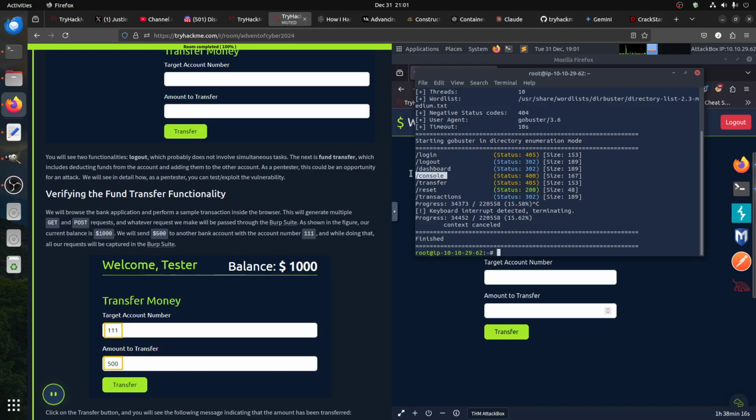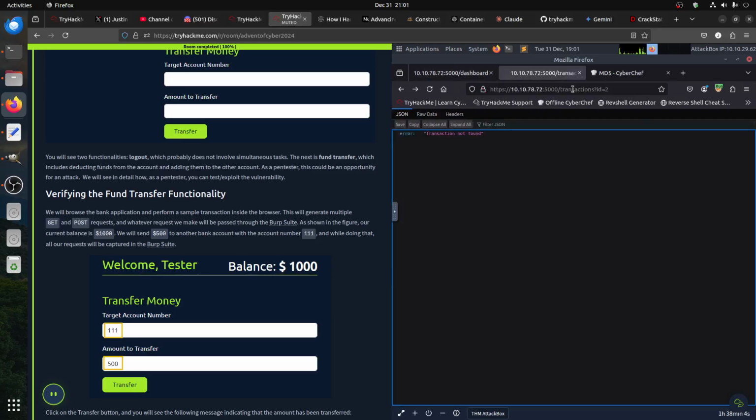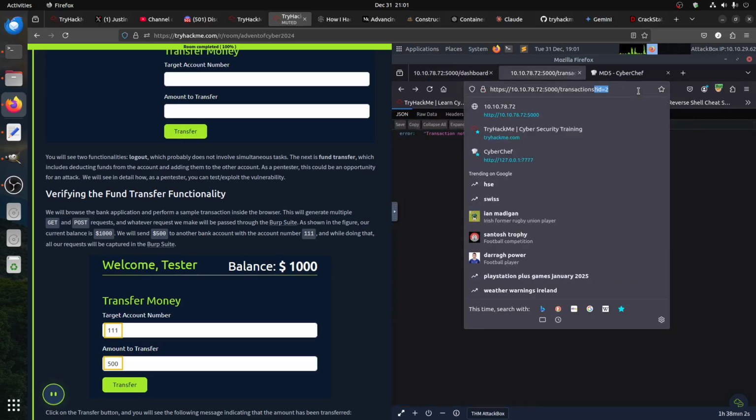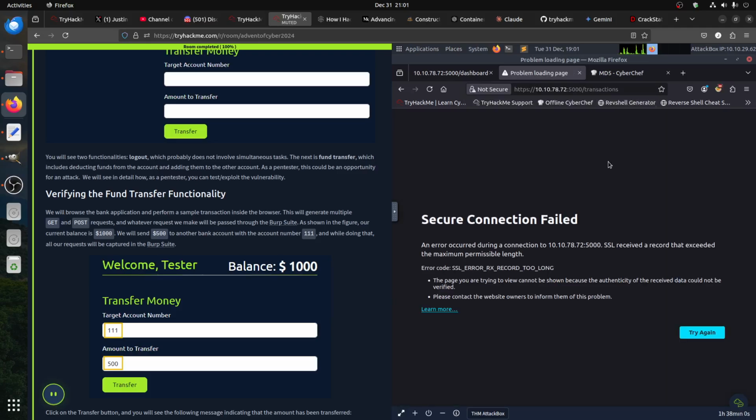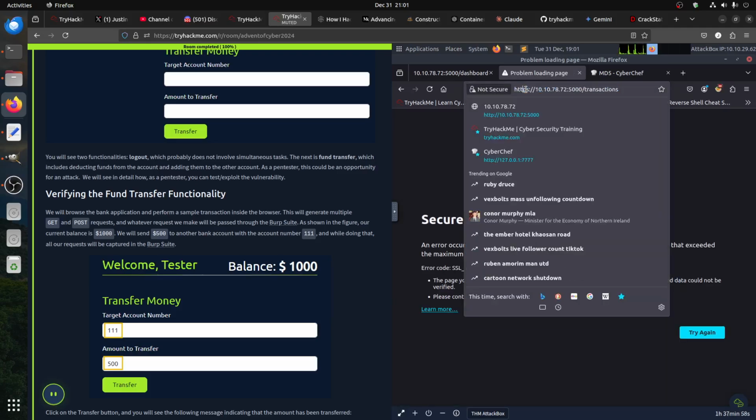I spent time lost here in console because I thought there was something else, the pin story, but it's not. We have a transfer, we have a reset, we have transaction. This transaction is very important. If I go now, for example, to transaction without an ID,